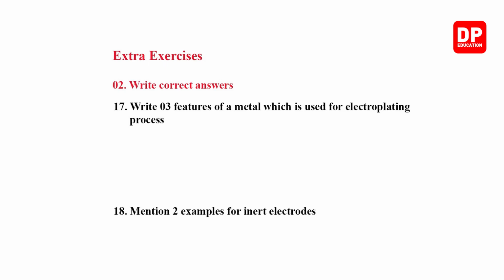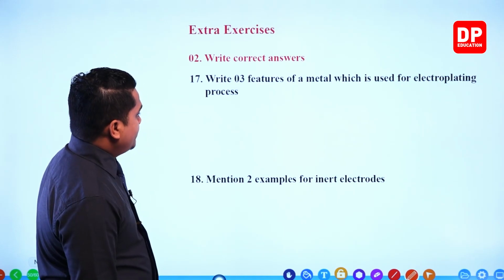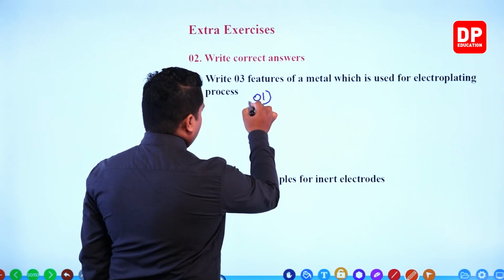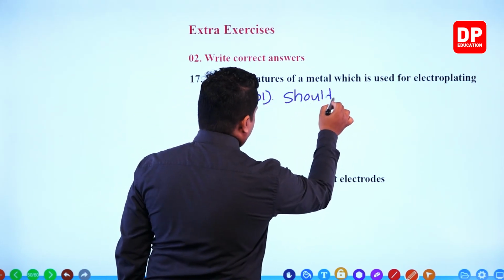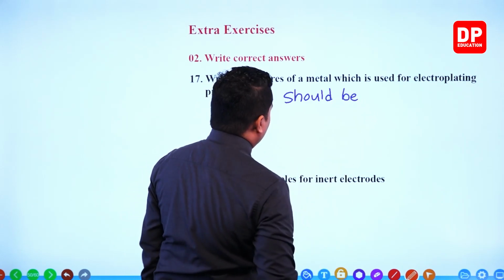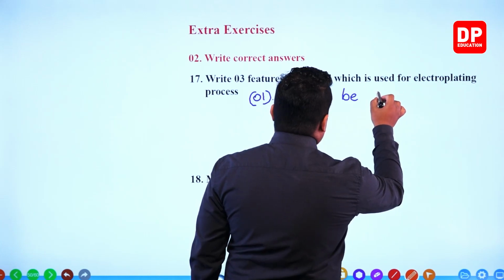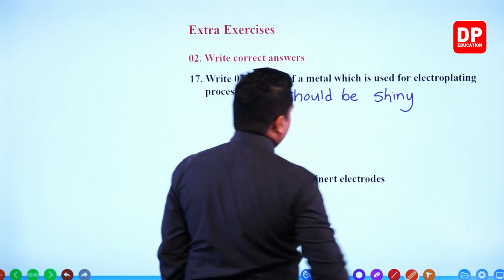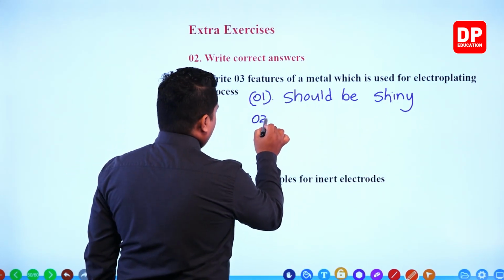Then the next question, write 3 features of a metal which is used for electroplating process. 3 features, very simple. Number 1, should be shiny. It should be shiny. Next one, number 2,